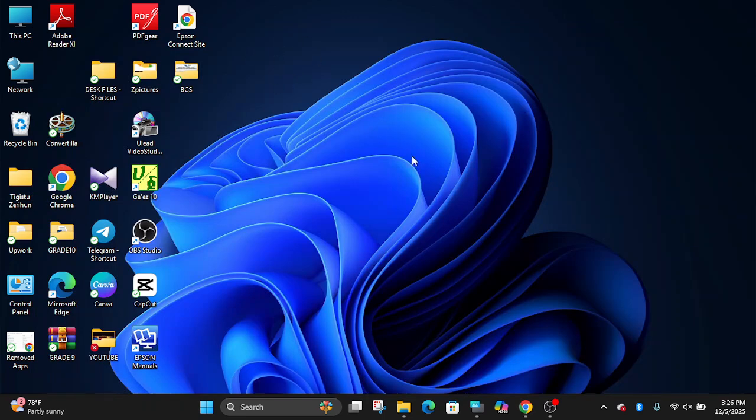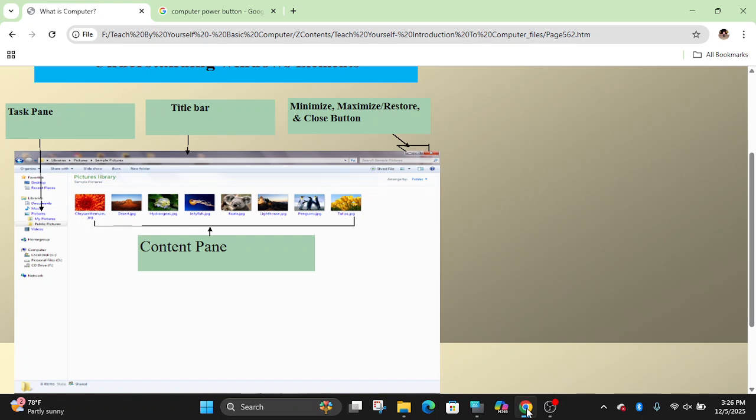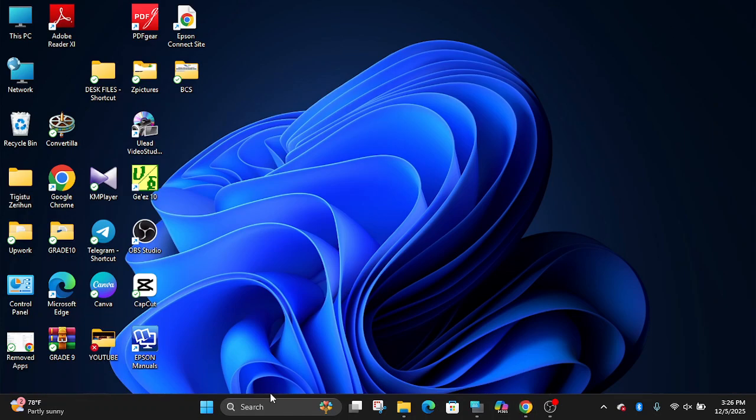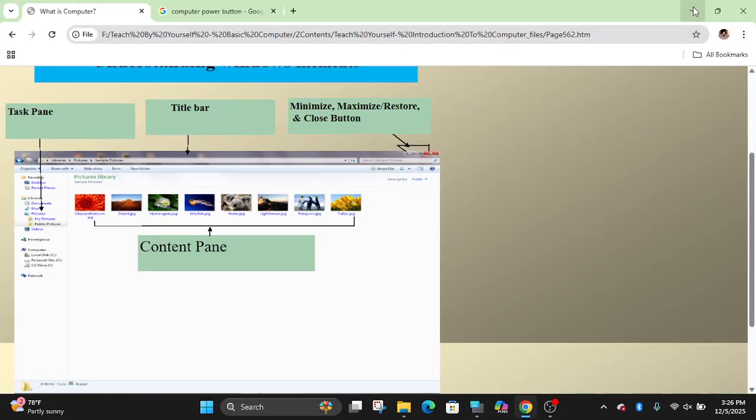Here is the desktop region. When you open any program, it appears in a window of the type of that program. For instance, this program type is a web browser, Google Chrome. It is possible to minimize a window without closing it, and open other programs meanwhile. Pointing the mouse pointer at the minus button, it says Minimize.